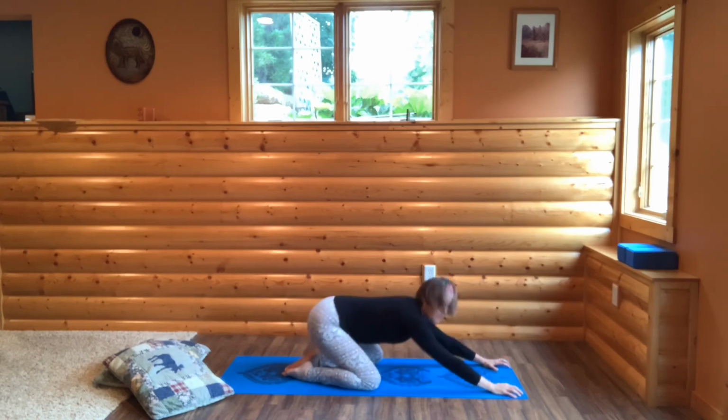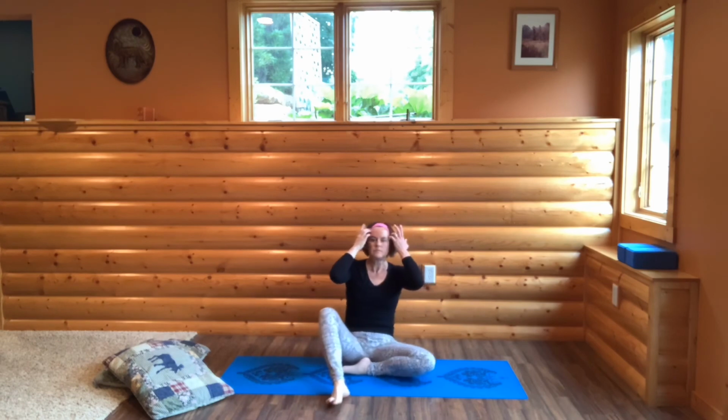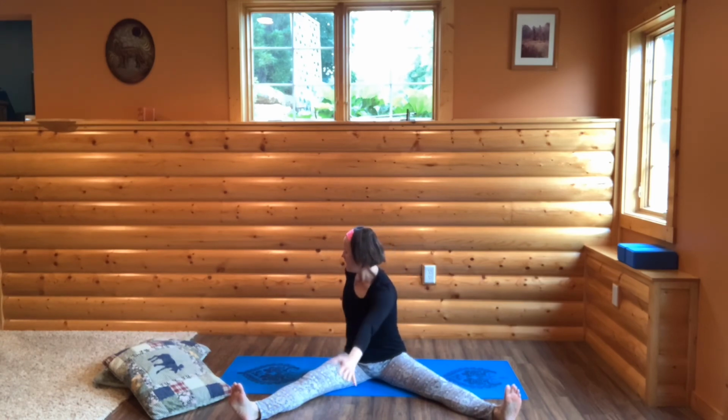Now come up to an all fours position, and we're just going to come first to a seated position. So we'll begin with our legs in a wide V. Bring your arms up to the sky, and we're going to turn to the left. So draw your right hand to the front, left hand behind you, and then just gently place your hands on the ground. Sitting up tall,